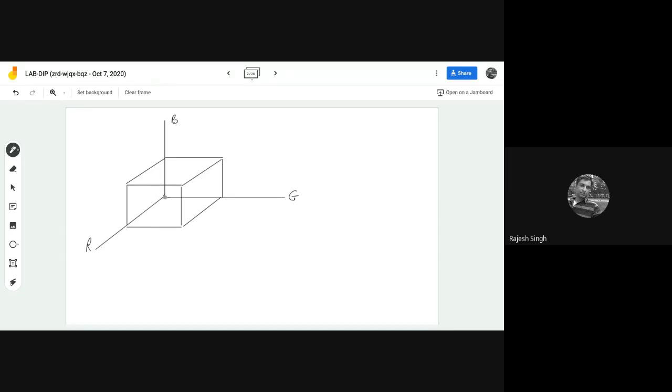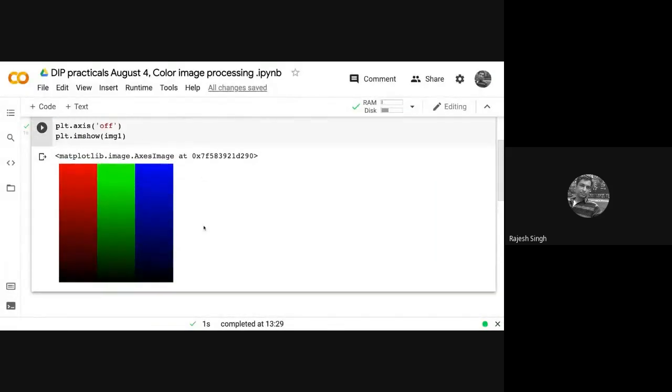We all know that this point is black, this point is maximum white, this is red, sorry, this is maximum green, this is red, this is blue. I'll come to it a little later, but remember that this axis is important for us. This axis is nothing but your intensity axis, so we will learn that also. Since many of you remember this, let me switch the tab, and I can now switch the R, G,